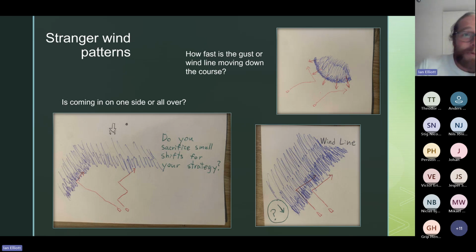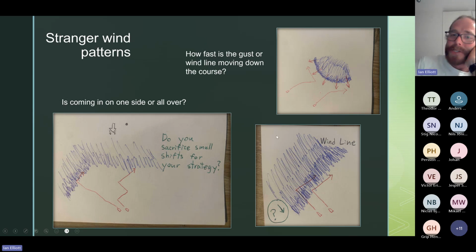The reason I put it into stranger wind patterns is where my mouse is here. I've seen that there is no wind here. So then this really looks like a wind line from the left, but it just happened to be a coincidence that there was no wind here. And so it's actually a big air mass coming down across the whole course, but the wind didn't show up. And we've already talked about this, but